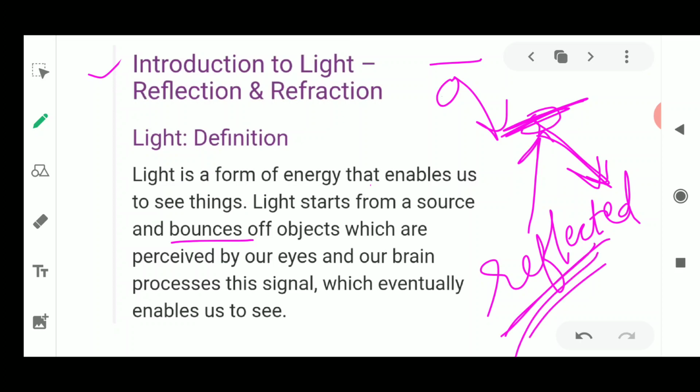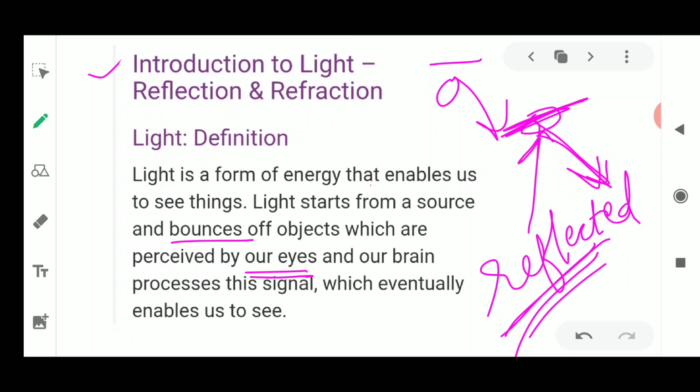And once it is reflected, it is perceived by our eyes. These stimuli are taken up by our eyes, and our brain helps in processing what we are seeing, and that is why we are able to see things properly. So those objects like the table and chair, which do not emit light themselves, we can see by the light which they reflect or scatter, taking it from a luminous object like the sun or a lamp.